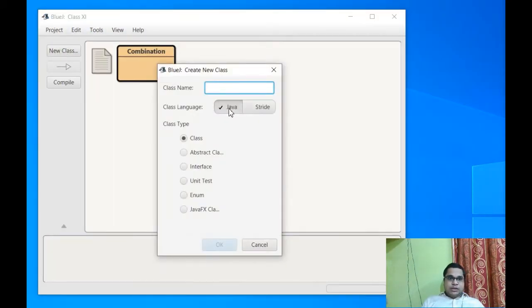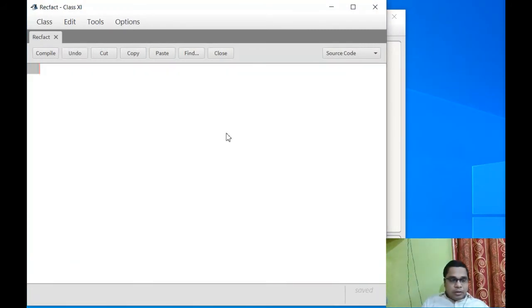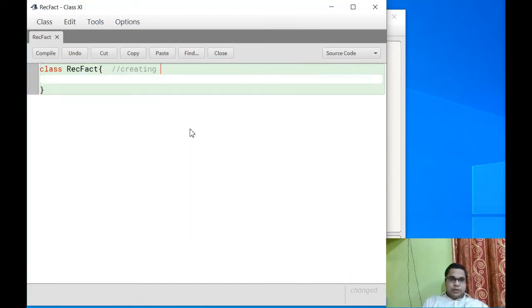Create a new class. The class name is recfact. Okay, click on OK, double click on it, clear everything, and start. So here the class name is recfact, creating a class. Okay, here we define the data members of the class, that is n and r,